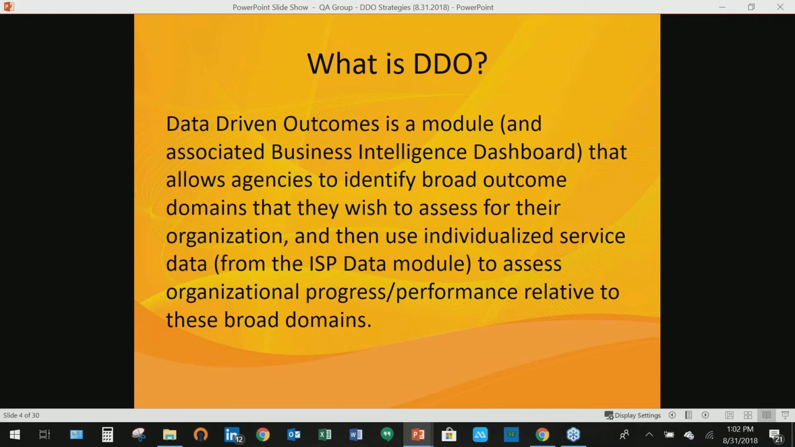But for today's purposes, I don't want to spend a lot of time on the background on DDO. We talked a lot about that last week, and I think most of you are familiar with it. But at the same time, I recognize there's a possibility that we have a few folks on the call for whom DDO is a brand new thing. So I at least want to take just a couple of minutes giving some background info on exactly what it is. And so the short version is that data-driven outcomes is a module as well as an associated dashboard that